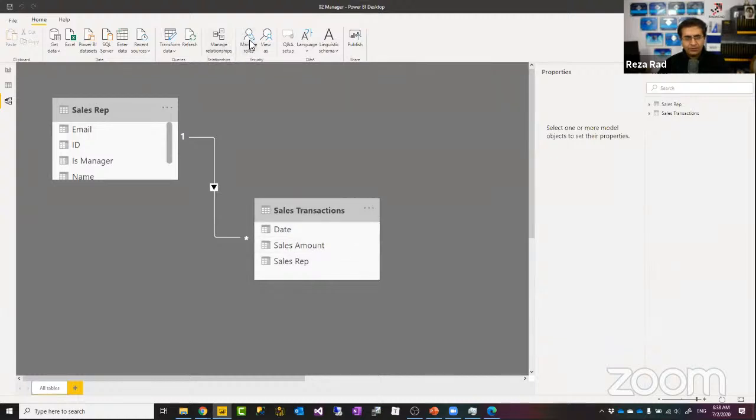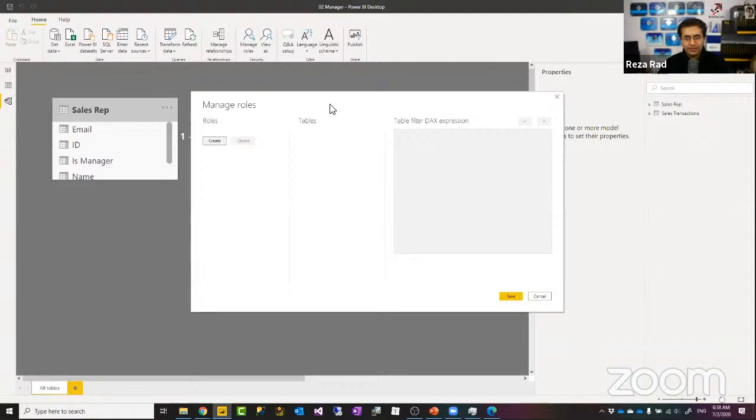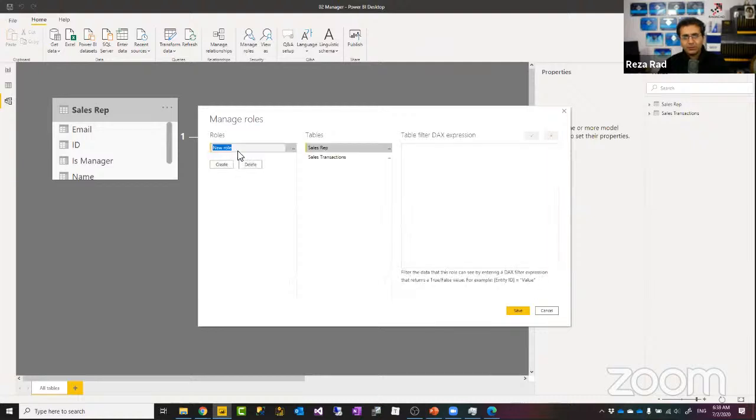Going to view roles. Now, I'm just first explaining how this might work. So you already know that for the user role, you can do something like this. You can have something that says email is equal to user principal name, right? You already know that from the previous example. But now we want to add manager to this. If I want to add manager to this, does that mean I need to create another role? Let's try that. If I create another role and call it manager, and again, consider this is a very flat structure. Everyone is employee. We have one manager, right? That manager will see everyone, right?